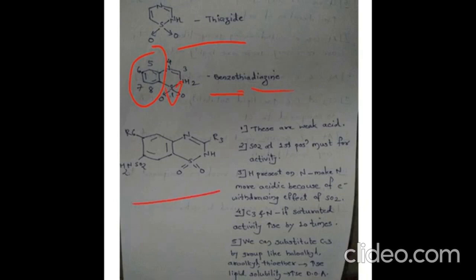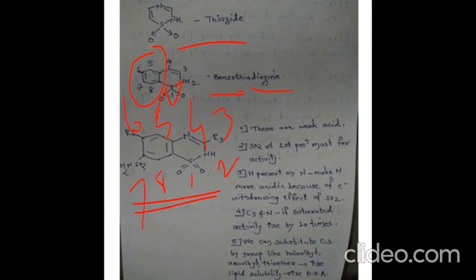So this is the scaffold, or the basic nucleus, present inside site 3 diuretics, that is the benzothiazine. As the numbering starts, sulfur gets 1, then 2, 3, 4, 5, 6, 7, 8. In this way the numbering takes place. Sulfur is 1, then this is 2, this is 3, this is 4, 5, this is 6, this is 7, and this carbon gets number 8. Okay, so we will start with the SAR of these diuretics.